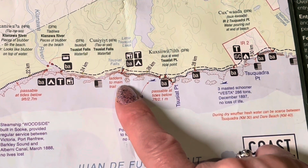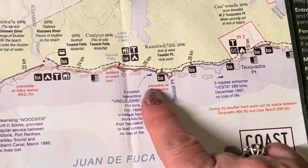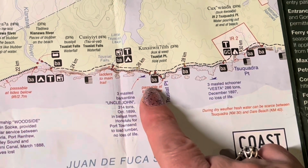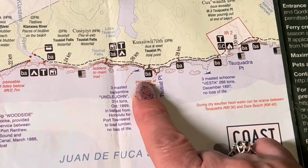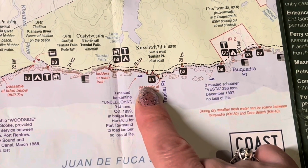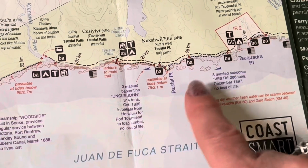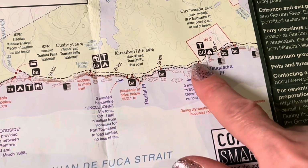On day 3, we started at Tsusiat Falls and made our way to Tsusiat Point. The books all say that this is probably one of the most beautiful places on the trail, and I highly agree. It's just gorgeous. After that, we proceeded through the section,